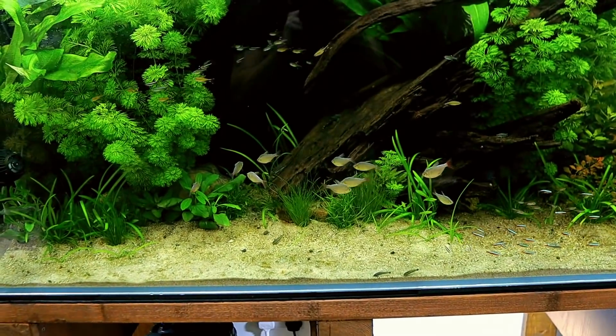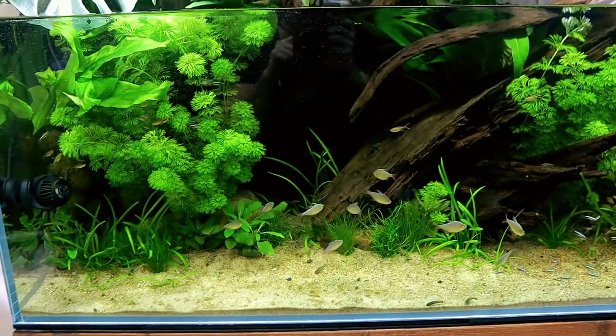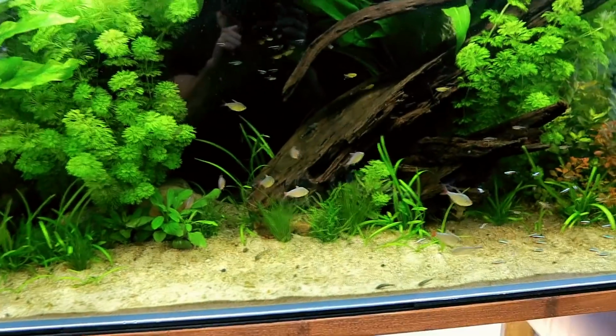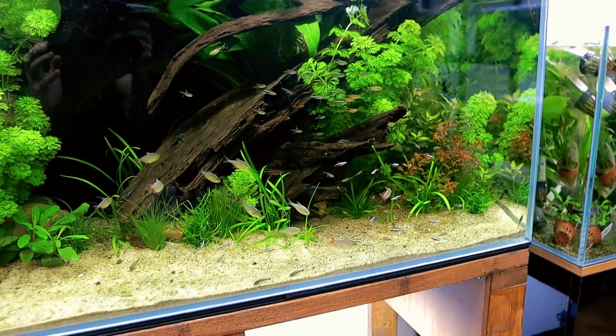Anyway, but yeah, this is the same. When I used to have Buenos Aires tetra, I found that all the smaller fish in the tank did the same thing with those. But after a while, when they realise they're not a threat, they won't do it so much. But they still won't go close to them. So it is going to add a really cool dynamic to the tank, and just another extra bit of action